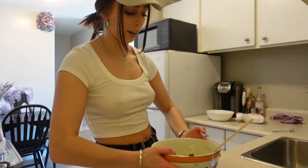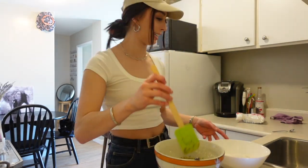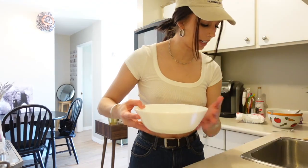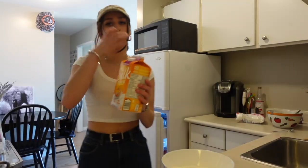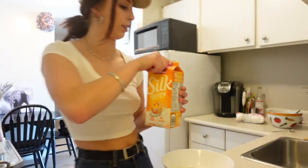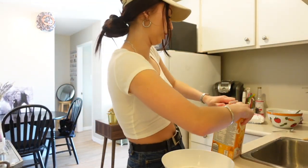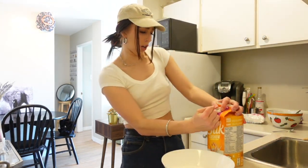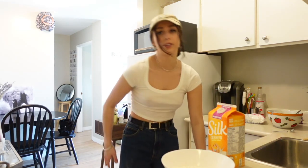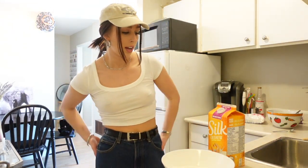The wet ingredients are now in here and the dry is in the bowl, because I just feel like I need more mixing space. I need to add half of the milk into the dry. I also don't use real milk, so this is cashew milk. People are always like, why do you have cashew milk? Just do almond milk or any other one. I don't like oat milk, and when I stopped drinking milk, I lived at home and my mom's allergic to almonds, or they just bother her, and so